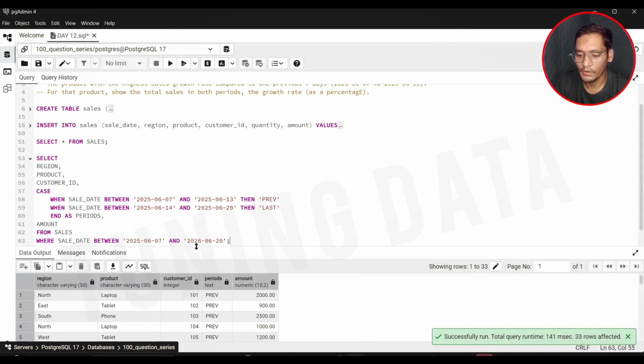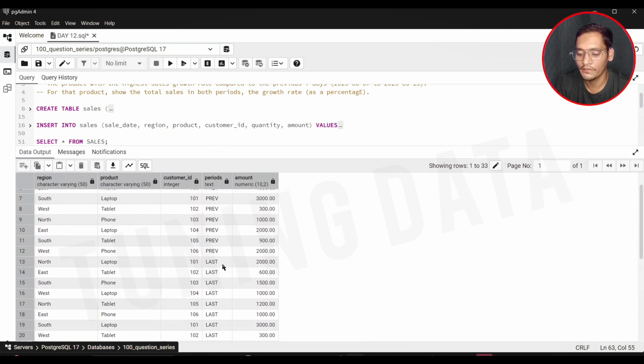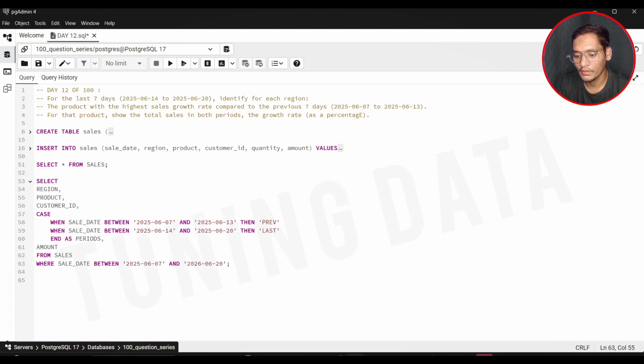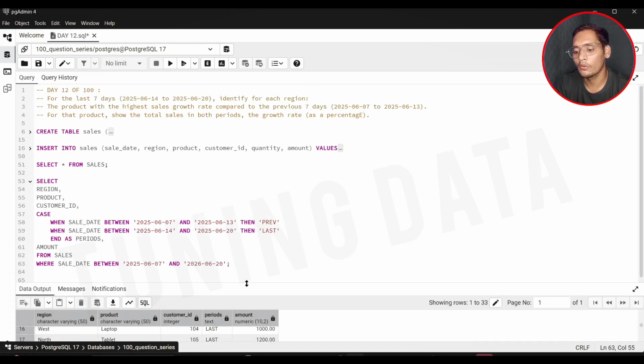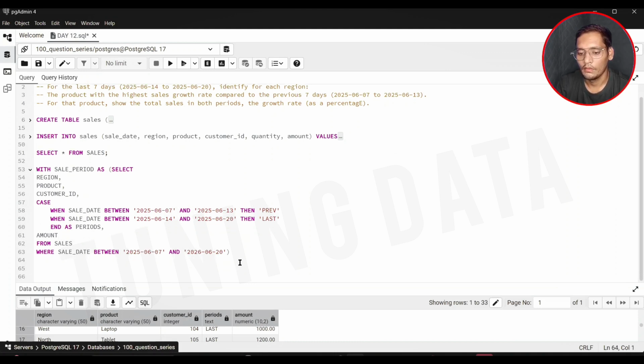So we have created this table which has been divided into two sections, like previous 7 days and the last 7 days. Okay, now we are going to calculate the growth percentage, but before that we have to find out the total sales for both the periods here. Okay, so let's use a CTE and convert this into a temporary table here, let's give it the name sales period. Okay, is this query, and now